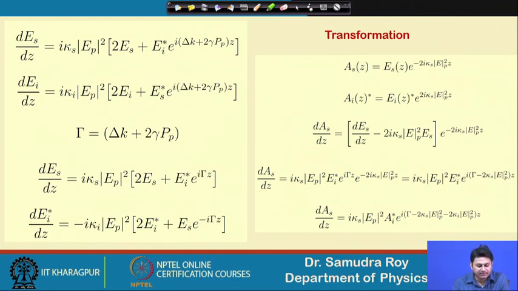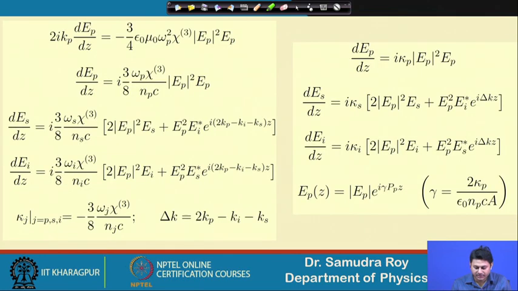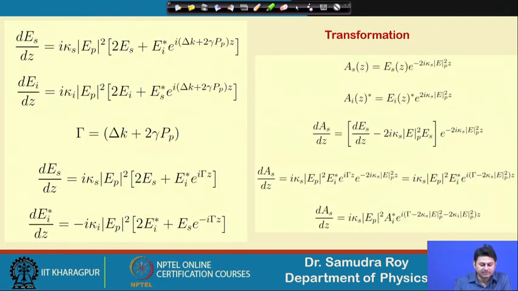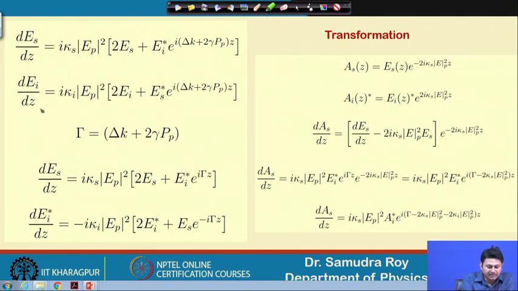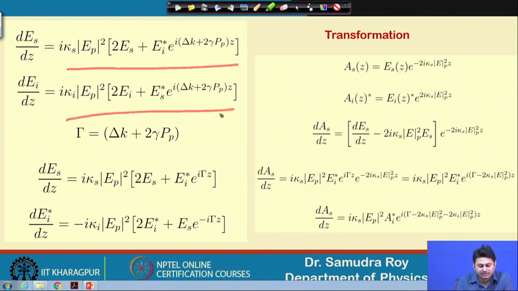The next thing is we just put here EP. So, what I will do, I will put this EP here and EP here to rewrite the expression of ES and EI once again. If I put these things together, then the differential equations of ES and EI will be slightly modified, and they will be like this. Please note that now this additional phase will be inserted here.